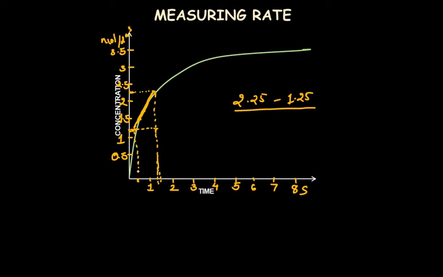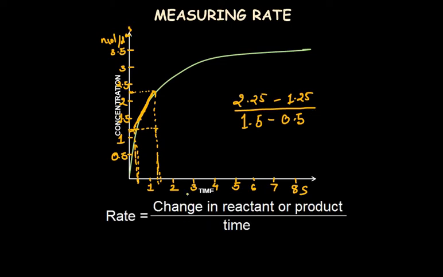Here this is what we are doing, 0.5 and 1. So here it's 1.5 minus 0.5 and this is how we are going to calculate the rate. If we use this formula, here we have applied change in the products upon the time. If we calculate this, we will get 1 divided by 1, that is 1 moles per dm cube per second. This is what we calculate as the rate at the time 1 second, because at the time 1 second we had